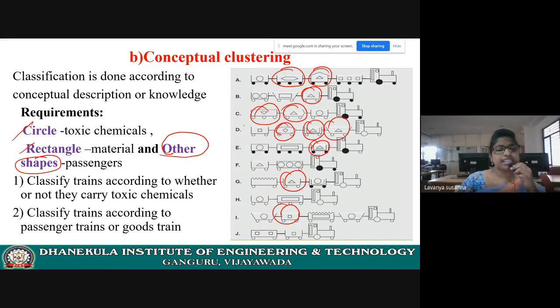You can easily classify these trains, but when coming to a complex system, it is not that easy to classify. It is really hard. But there is no perfect classification. It is not that only two, or only three, or only four classifications are possible. No, there is no perfect answer. There may be many classifications. It depends upon the individual. You need a lot of experience to do it, and as a software engineer, as a software developer, you should have a lot of experience and knowledge to do these approaches.